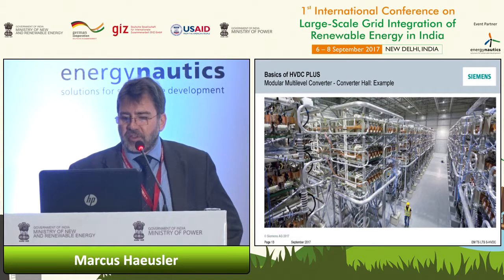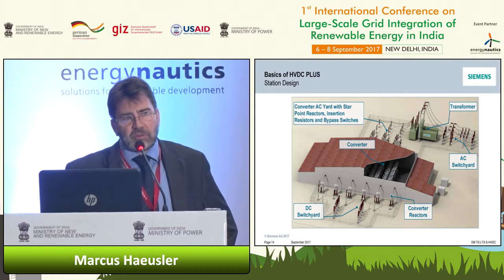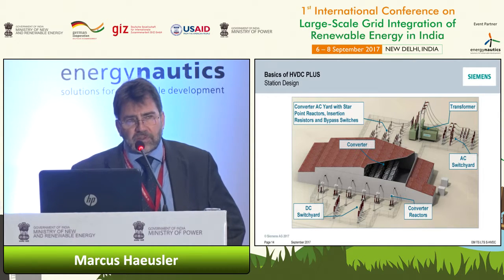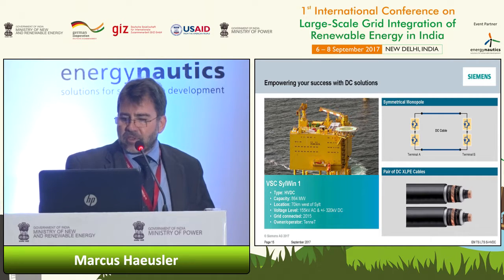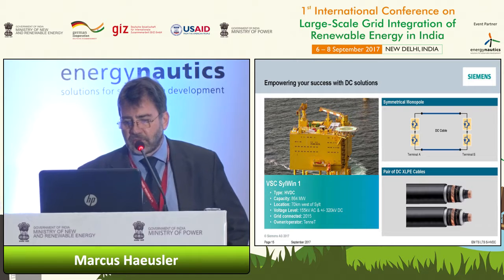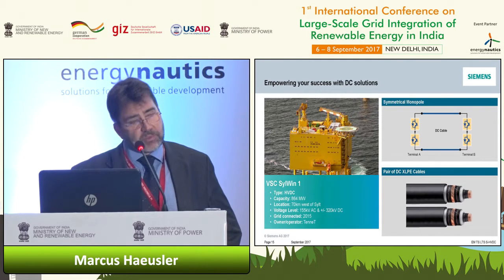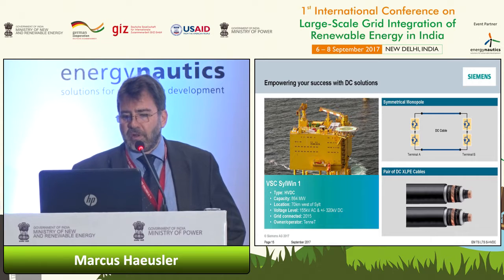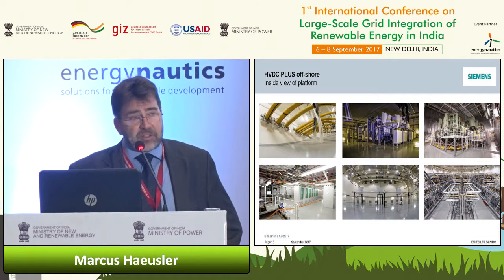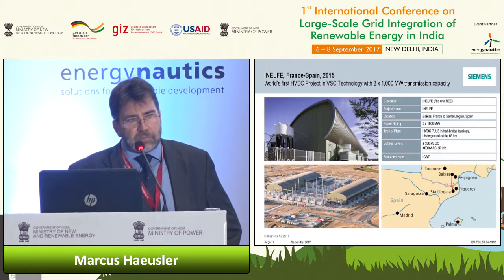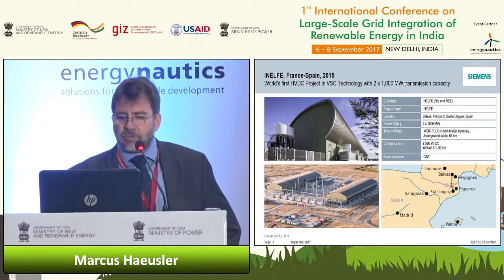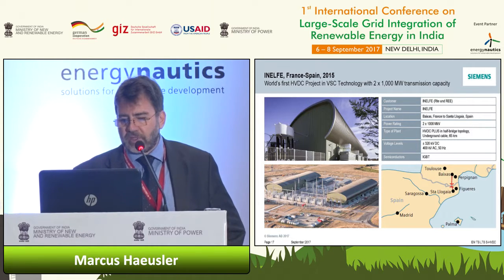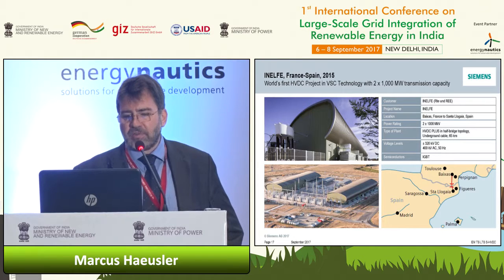Major advantage is that such a converter hall is now, if you compare to the picture I showed you before, no filters are needed anymore, so a very compact converter station, so that you can design it also on a platform, as I mentioned here. And the configuration here shown is a symmetrical monopole, which means just a single converter with 2 cables, plus minus, similar to a bipole, but a single converter, just to give you some impressions. The largest scheme currently in operation is in Alpha project, is 2 times 1,000 megawatts connecting France to Spain. Also exchanging renewable energy. A lot of solar in Spain is generated, so it's exchanged to France via VSC.